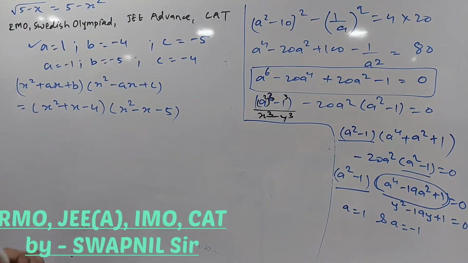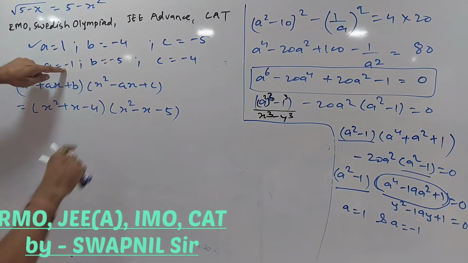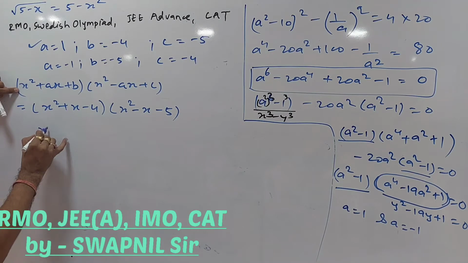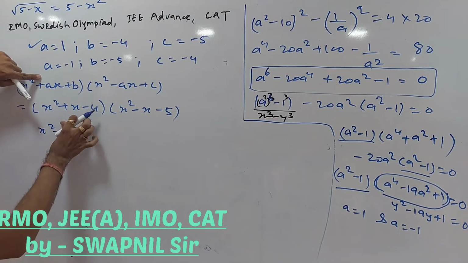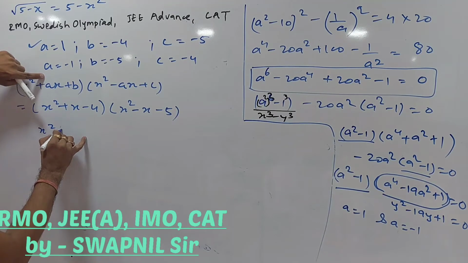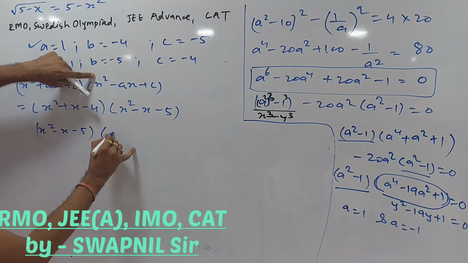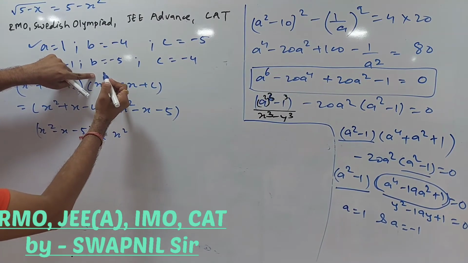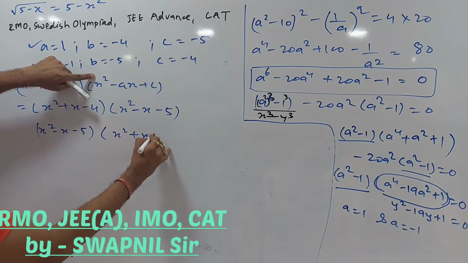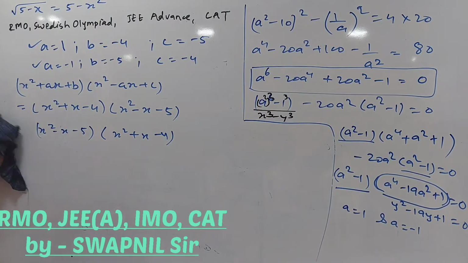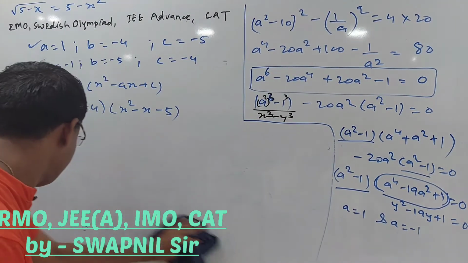Fine. Now just quickly check the second, because I don't think there is much difference. It will remain the same. When you put a is equal to minus 1, I am just writing it again. So it is x square minus ax minus x, because a is equal to minus 1, and the b value at that time is minus 5, and x square, a is equal to minus 1, so it is minus minus plus x, and c is equal to minus 4. So check this out, and this is the same. This and this equation are the same. That's why we don't need this. It's a repetition, so we don't need this.